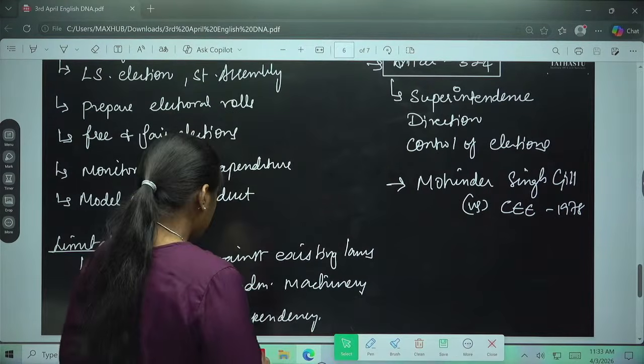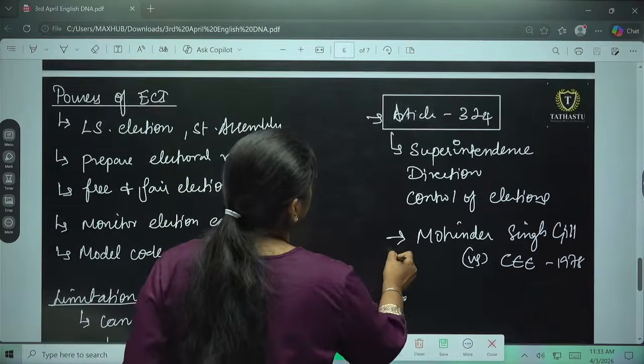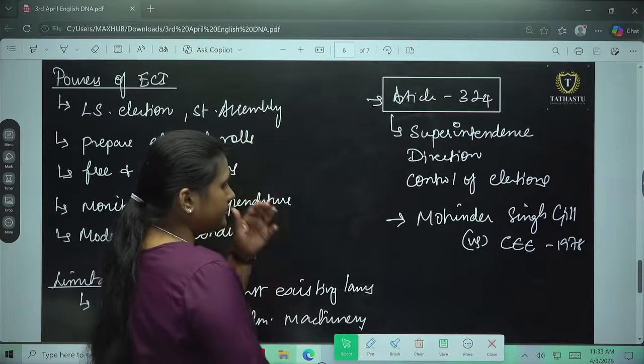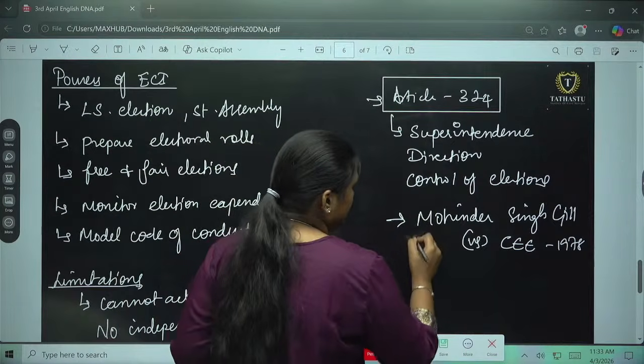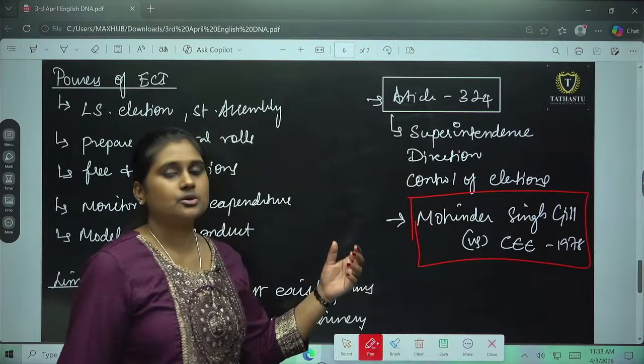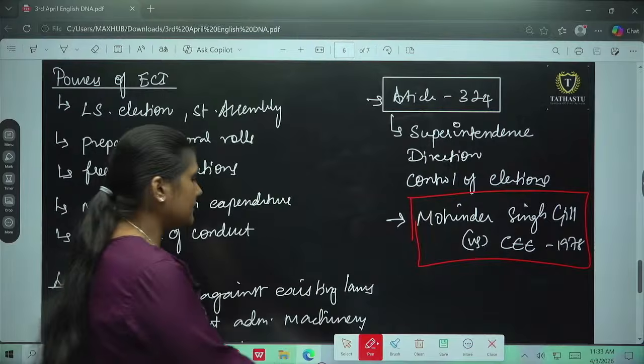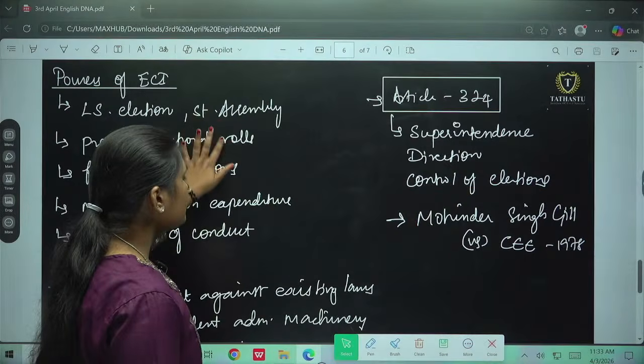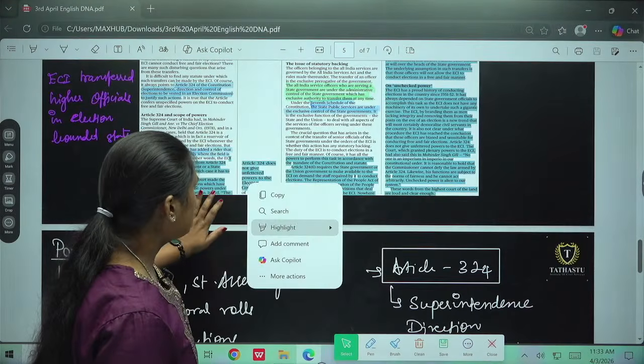This is about Article 324, and this is the case that we have discussed. So please read about this, and if you have any doubt, please let me know. The other thing they have discussed here is,